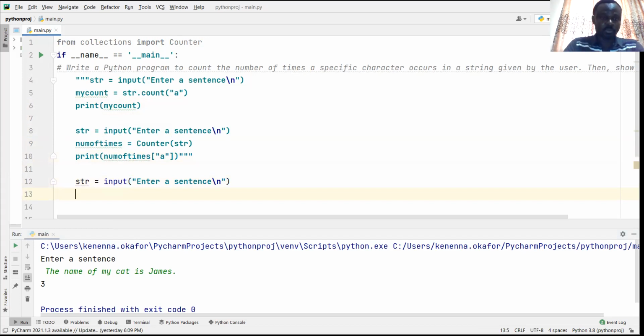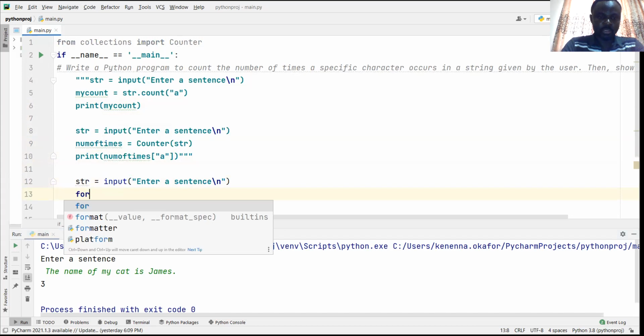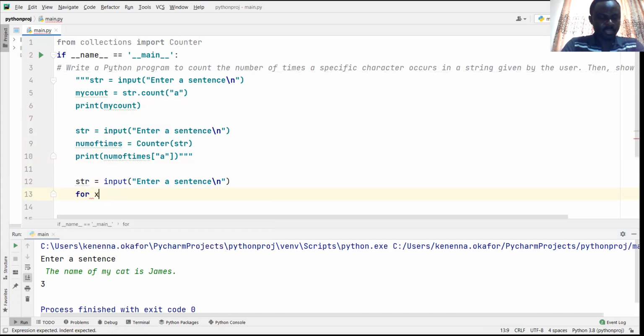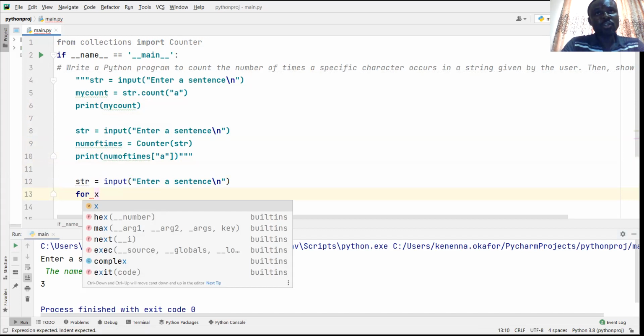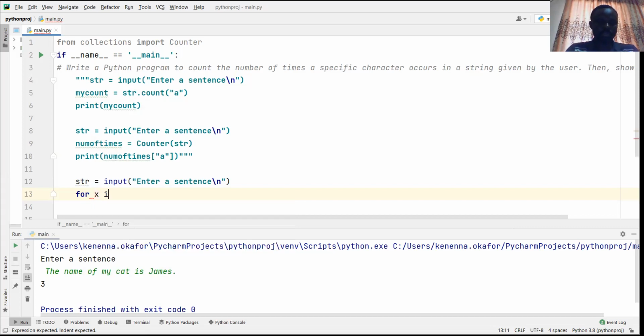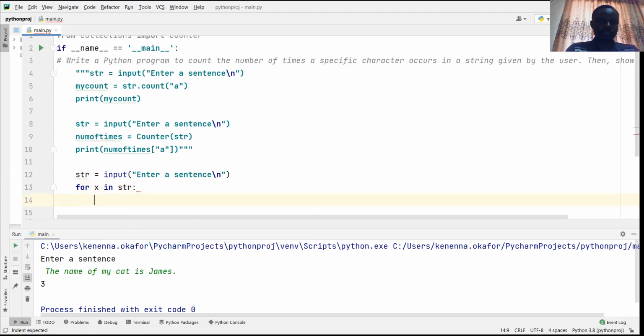Then I'll use the loop now. I'm going to use a for loop for x, which is each of the characters in the string. For x in str, that's it. So x stands for every character in the string. For x in str, then I check if that x